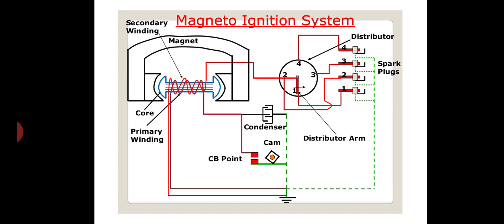However, this rate of change of the flux is not rapid enough to induce high voltage required for sparking. Therefore, for rapid breakdown of magnetic flux, a breaker point and the condenser are provided in the circuit as in case of the battery coil ignition system. Now, when the current in the primary coil circuit reaches its peak value, the contact breaker points are opened by means of cam mounted on the magneto shaft. Now the circuit operates in the same way as battery ignition system.